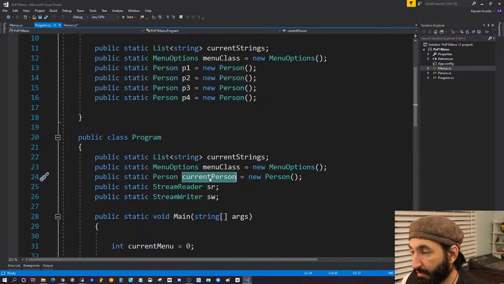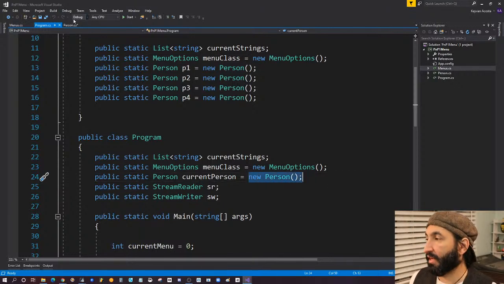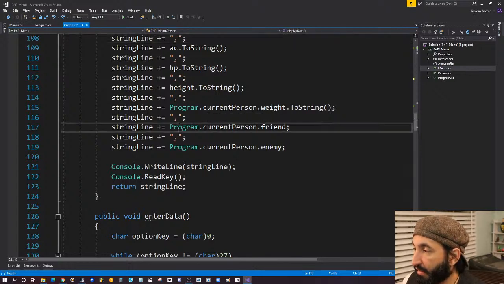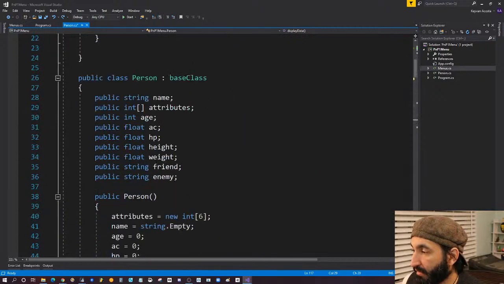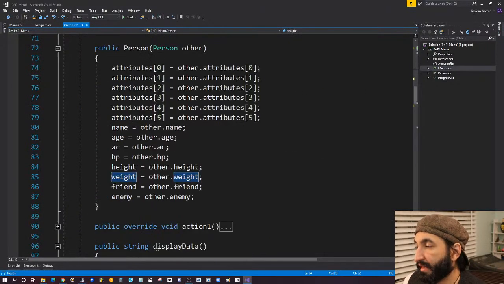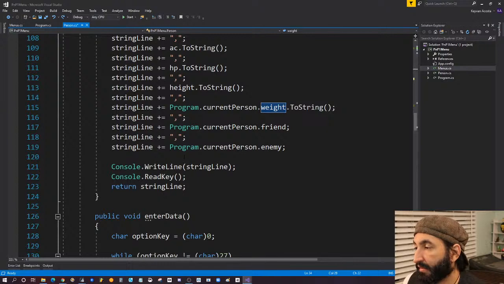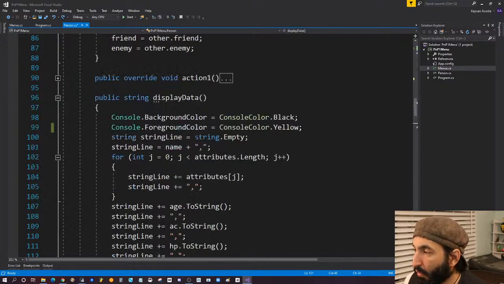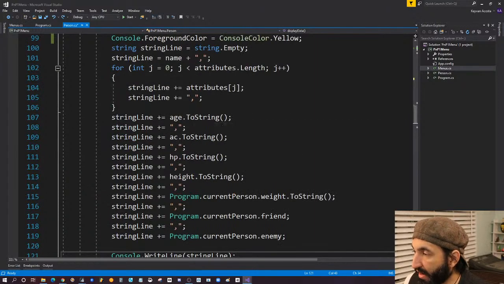So that means that current person, which is a new person when we instantiate it, can call that current person's dot weight. Do I have a dot weight? Yes, I do. That means that current person also has that. Then we write line the string. We can also just right after this